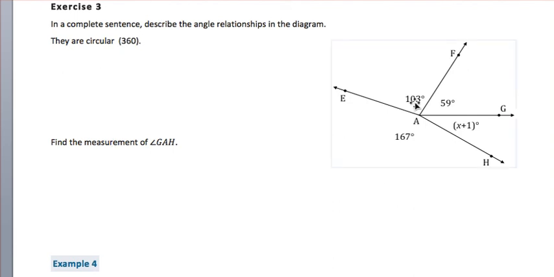So finding the measurement of GAH is going to require us to add these others together. 103 plus 59 plus x